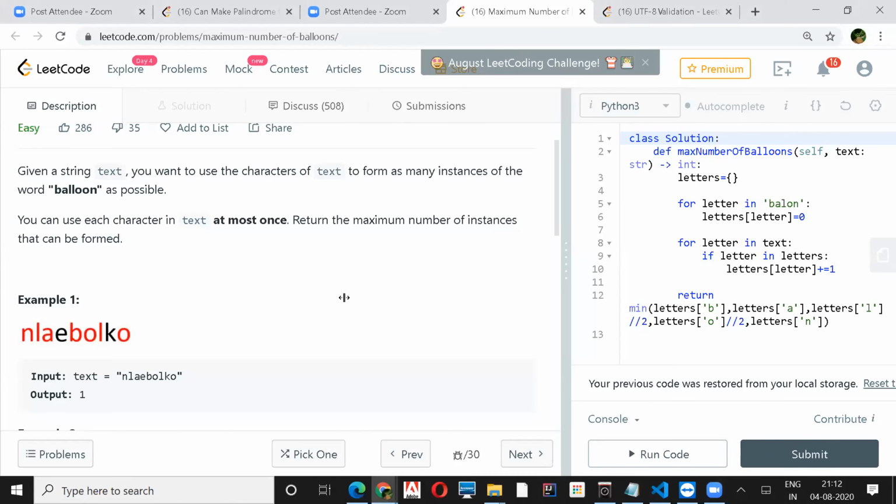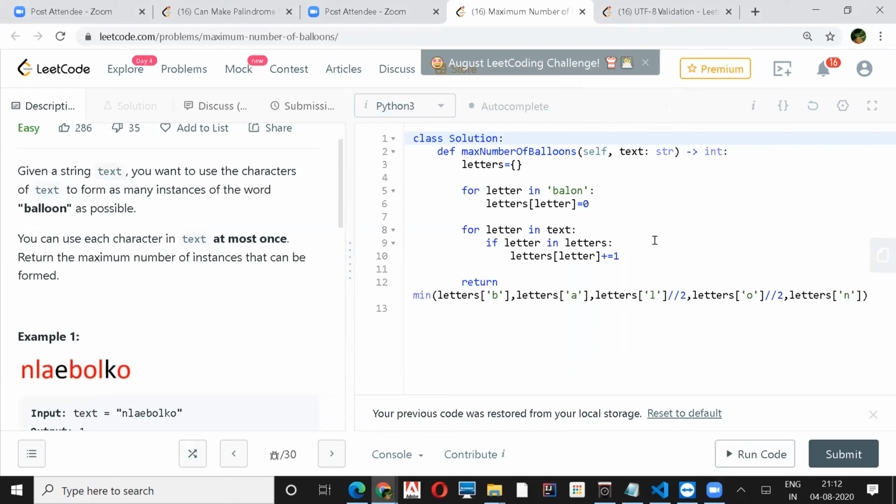It's almost similar to what was presented just now. I'm removing the duplicates like L and O and creating a map out of that, initializing everything with 0, and then for every letter in the text, if it is seen repeating, we increase by 1. Otherwise, the minimum of what she mentioned: the frequency of L and O should be divided by 2, and this will give the number of balloon words that can come out of that text.